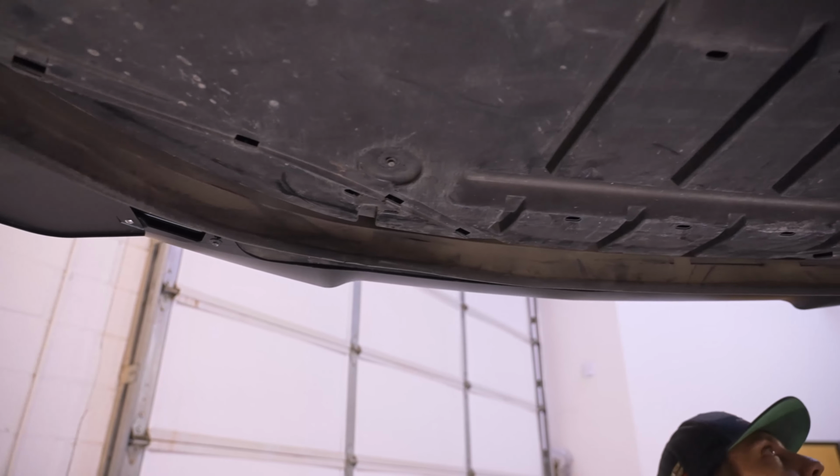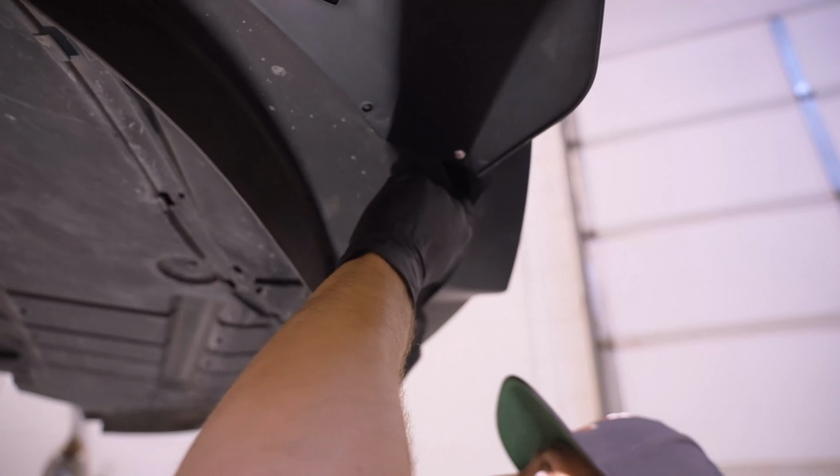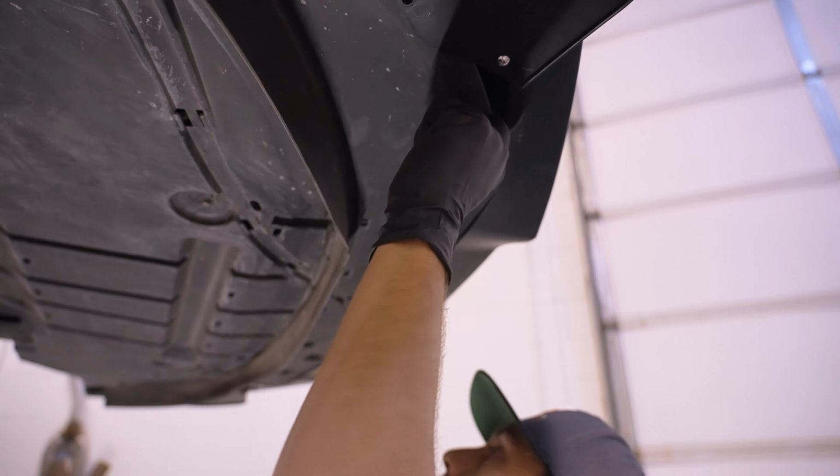start your screws in them, and don't tighten them down. Basically, want to get every single screw started before we go ahead and tighten anything down. You can move stuff quite a bit, so I'm just getting these aligned, getting them started, and then when we're all done, we'll tighten everything down. I'm just using my extension and socket to access these since they're recessed. Once we get all 16 of our screws going,